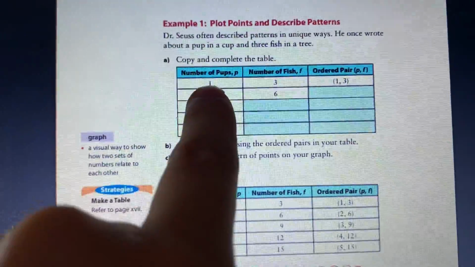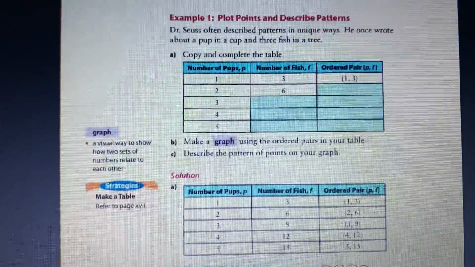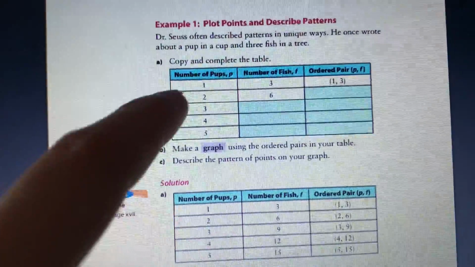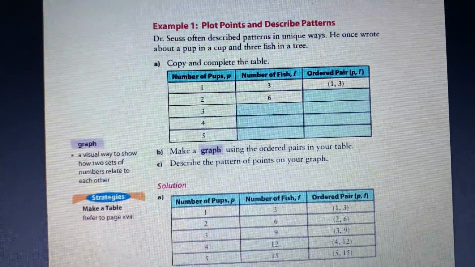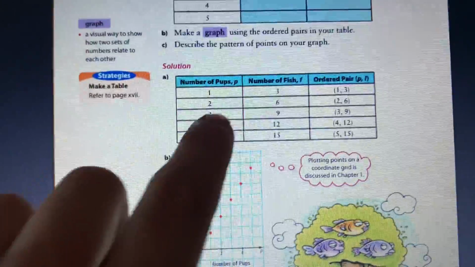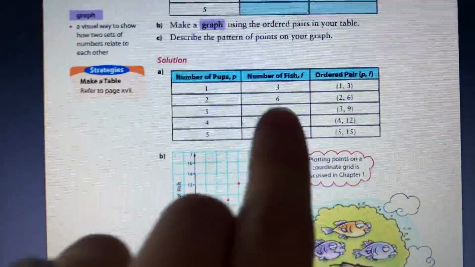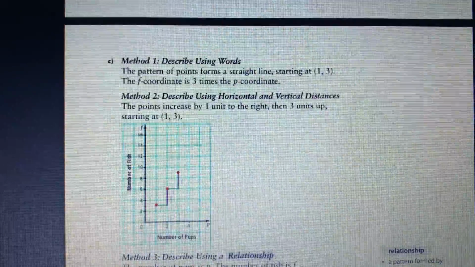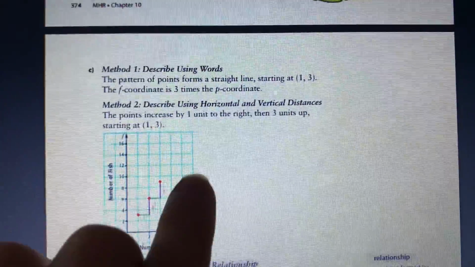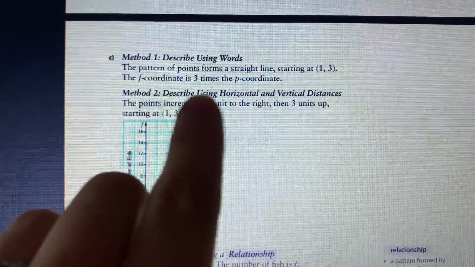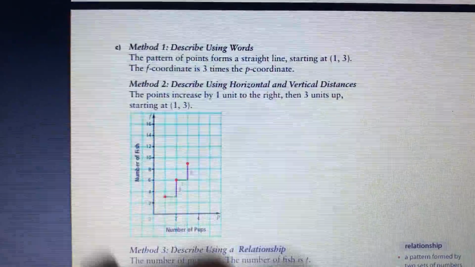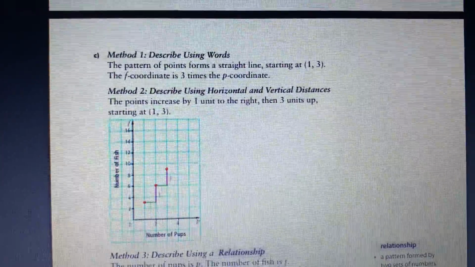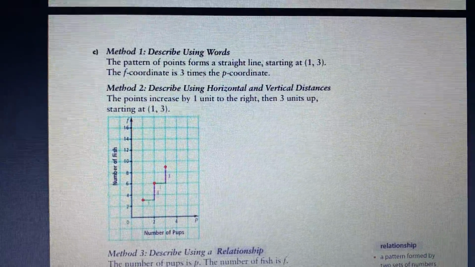So what's another way we can get 1 to become 3? We can times by 3. So 1 times 3 is 3. 2 times 3 is 6. 3 times 3 is 9. 4 times 3 is 12. And 5 times 3 is 15. So our pattern, and it tells us down here, is our F coordinate is 3 times the P coordinate. Okay, so that's how we would figure out the difference between the 2